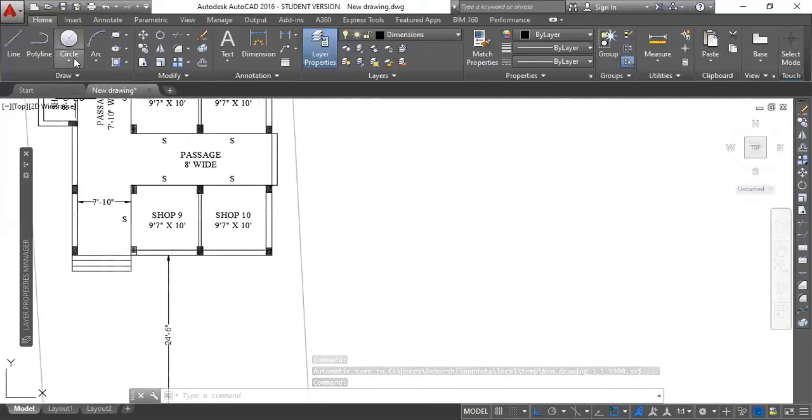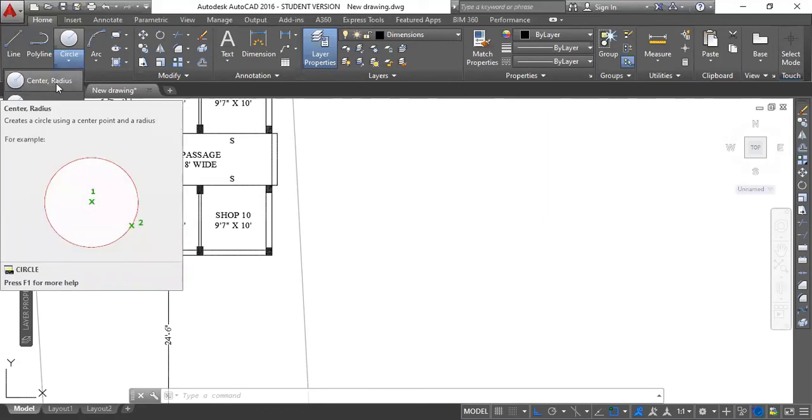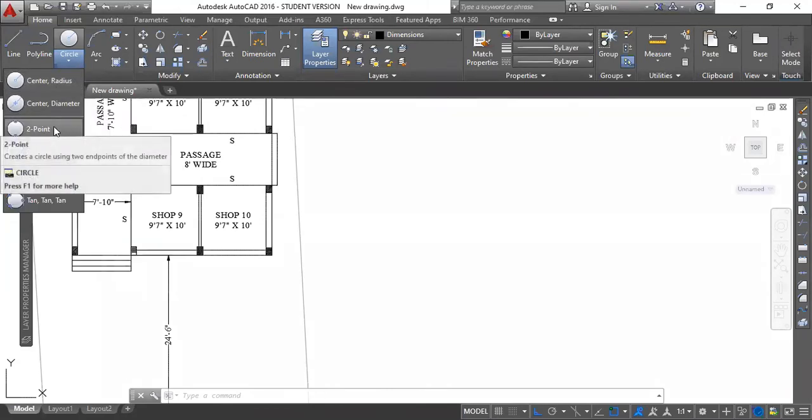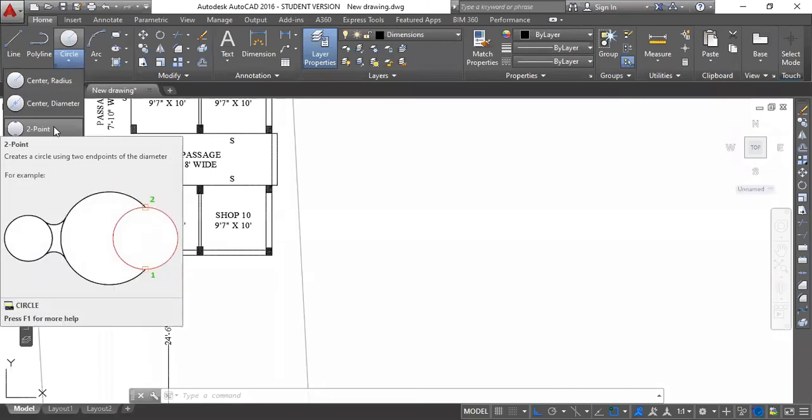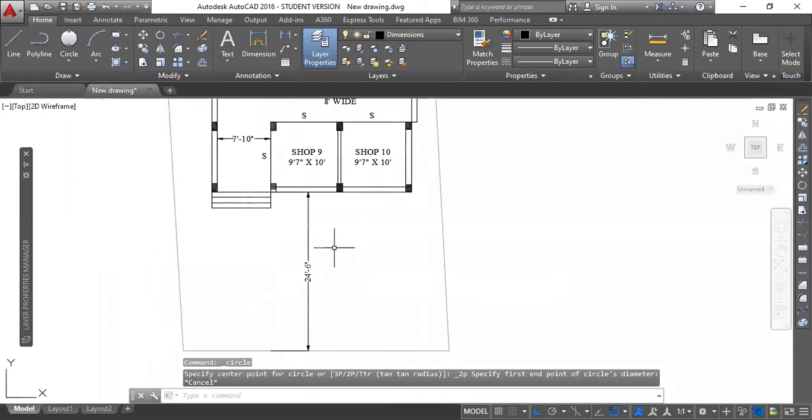What is the importance of the circle? Why has AutoCAD provided these different types of drawing styles for a circle? It could have easily given you only the center and radius format, but why have they provided the 2 point circle? That is the use. That is when you are going to use that particular thing.